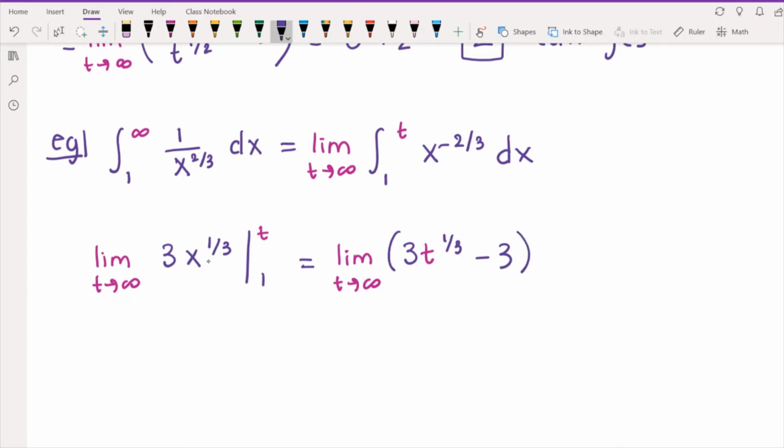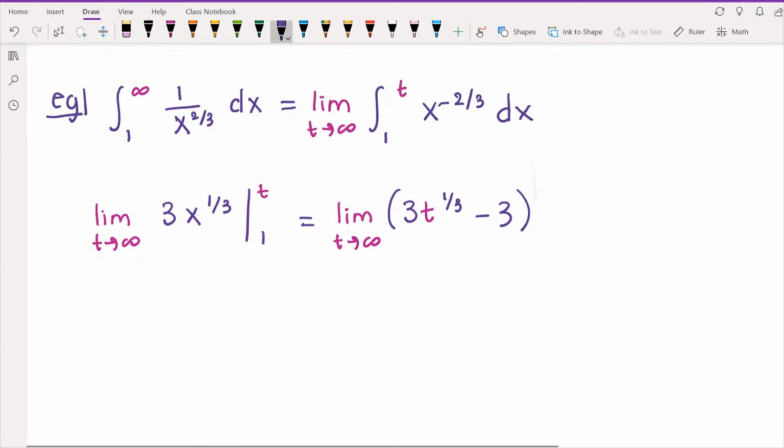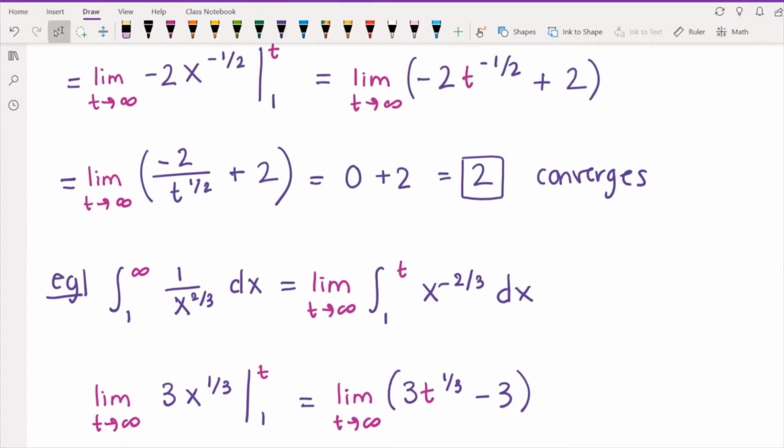So what does it mean to raise t to the 1/3? Well, that's like taking the cube root, right? And so what is the limit as t approaches infinity of the cube root of t? It's still infinity, right? Because it's not like over here, when we did this previous example, after we found the